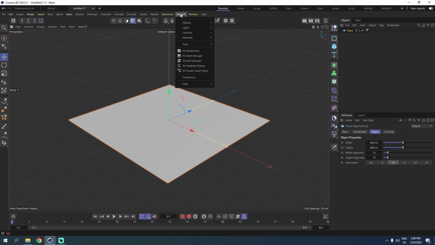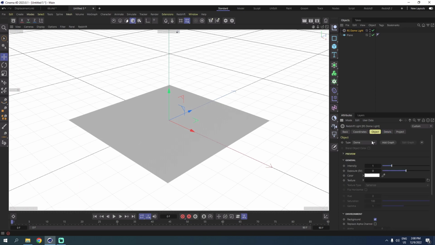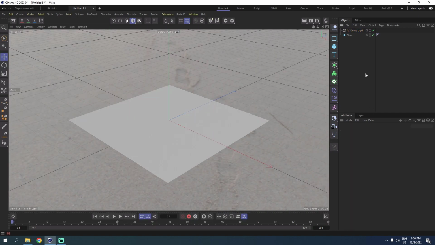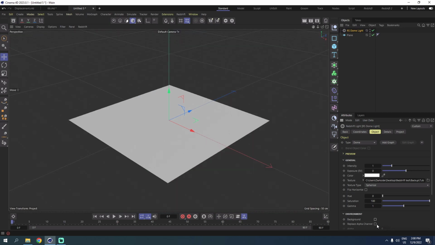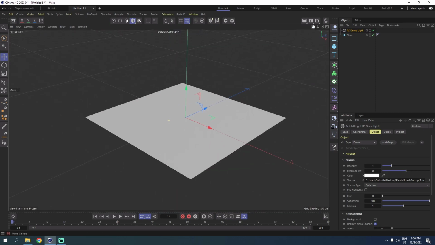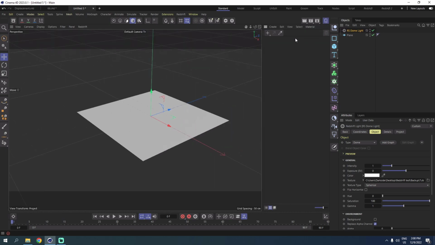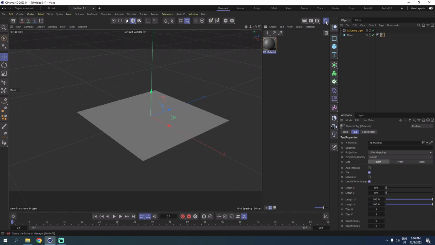Now let's add a light. Let's go to Redshift lights, Dome light, and then let's add an HDRI image to our scene. Assign it to the Dome light. Then turn off the background. Perfect. Now we're gonna create a new Redshift material by double clicking, and assign it to the plane, and